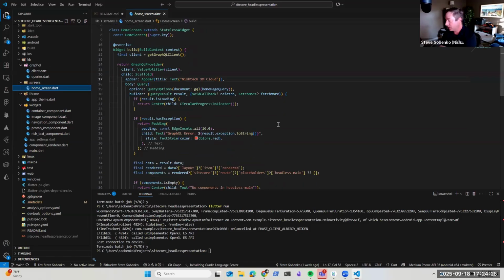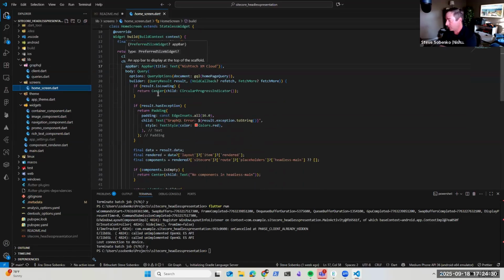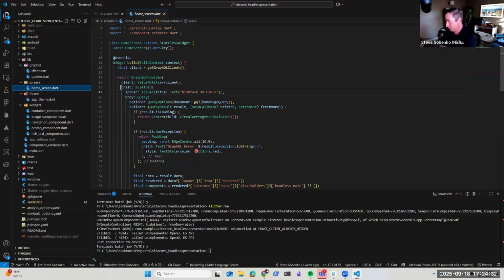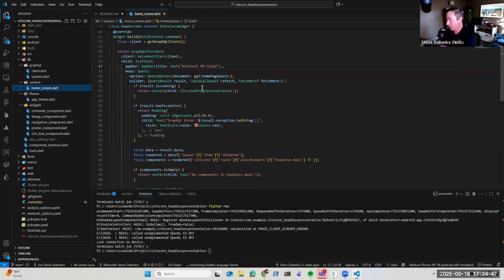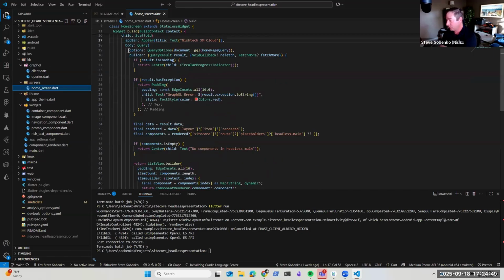So here we go, right? This is building a series of nested children. As I said, it's a UI library similar to the DOM of nested objects or nested widgets. In this case, we're just going to nest children inside each other as far as all of our widgets. The body is going to be that GraphQL return. This is loading that GraphQL and then the errors associated with it.